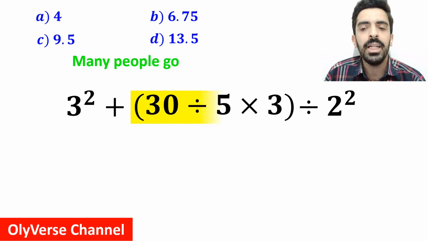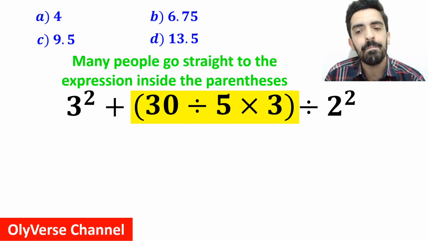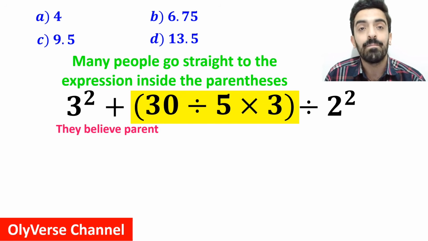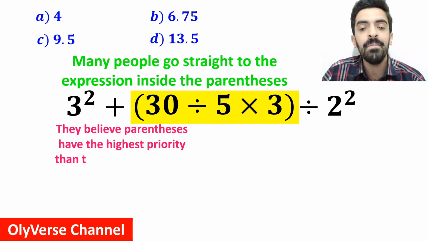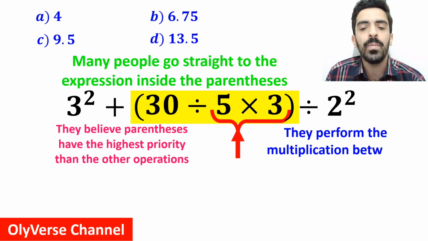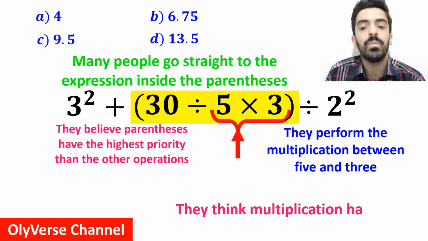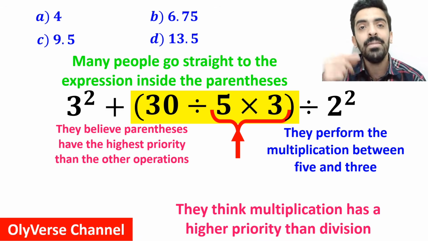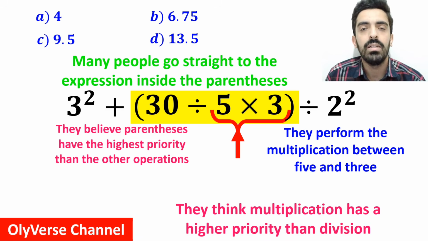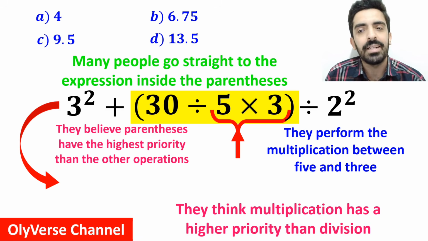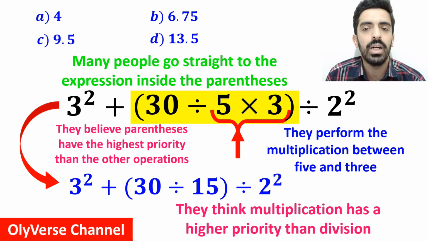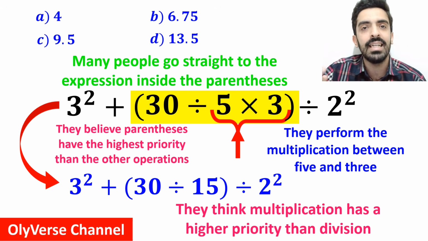At the beginning, many people go straight to the expression inside the parentheses because they believe parentheses have a higher priority than the other operation. And they immediately perform the multiplication between 5 and 3 because they think multiplication has a higher priority than division. So, they simplify this expression and write it as 3 squared plus 30 divided by 15 inside the parentheses, then